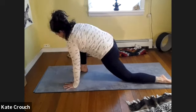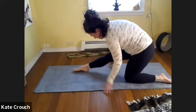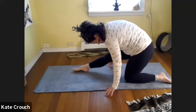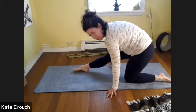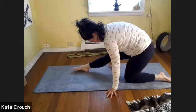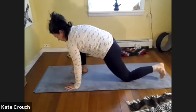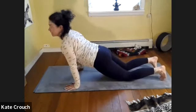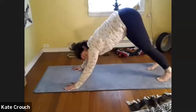Unwind yourself. We'll frame the front foot. Shift your weight back for a little back of the leg stretch. Let the head be heavy. Feeling the weight of the body press into the floor. Come on back forward. Frame that foot, totally up to you. You could play with the knee down, upward facing dog, and then lifting the navel in downward facing dog, or just transition to downward facing